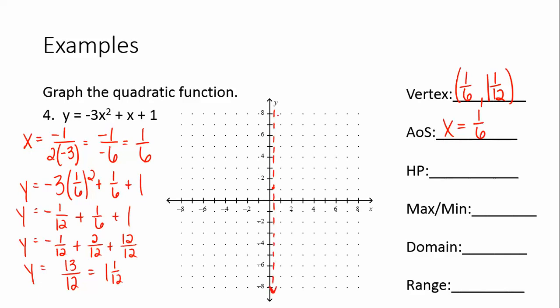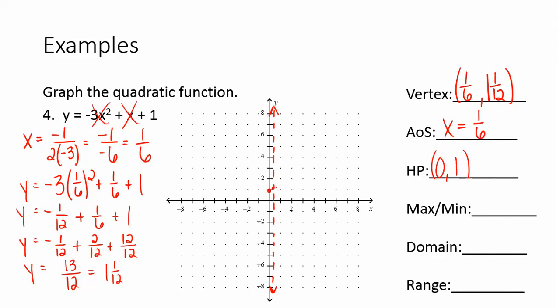You may ask yourself at this point if we have an opening upward or downward parabola. Hopefully you're saying downward. We can use 0 as a helper point. Since we don't go through 0, it's going to keep it pretty squished together, but that's okay. So if we plug in a 0, this goes away and this goes away, and we get 1. So 0, 1